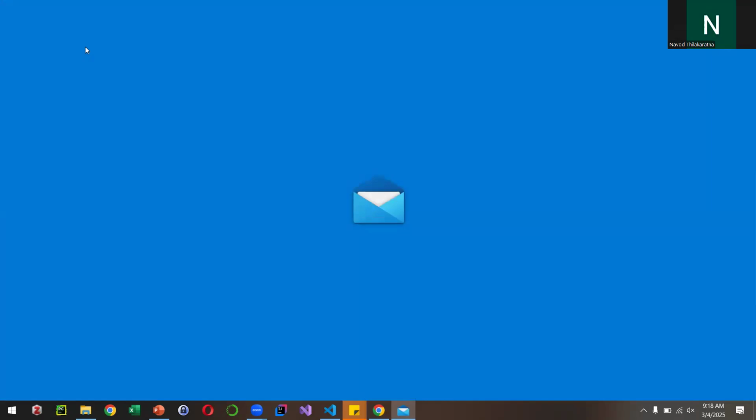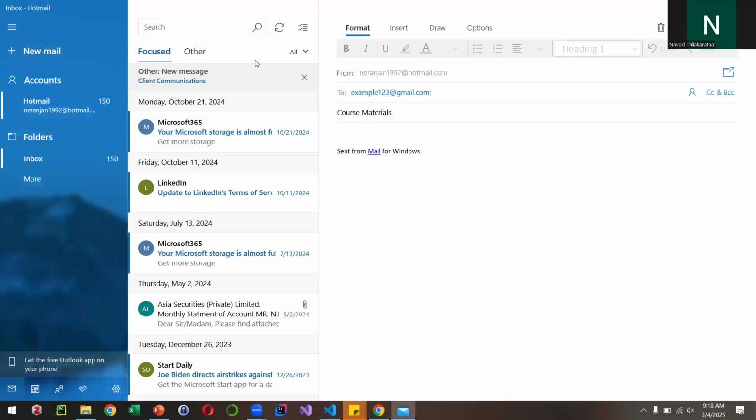I have already set up Outlook on my computer. So you can see the From, that is my email address, right? And the To address is already populated with example123@gmail.com, and the subject is already there. Basically, what you need to do is type whatever content you want and send the email, right? If I click on the second link,